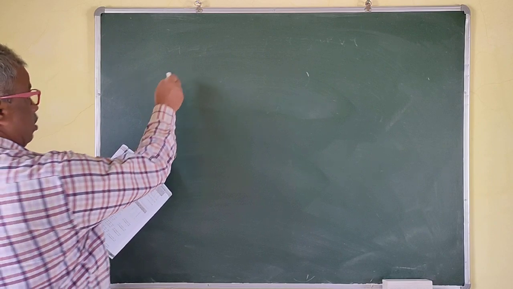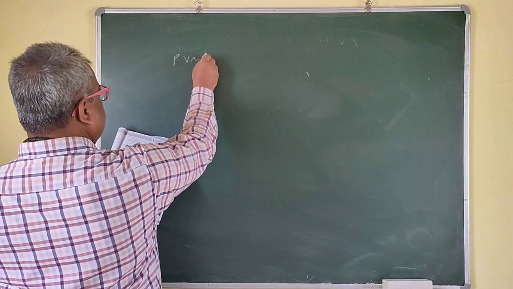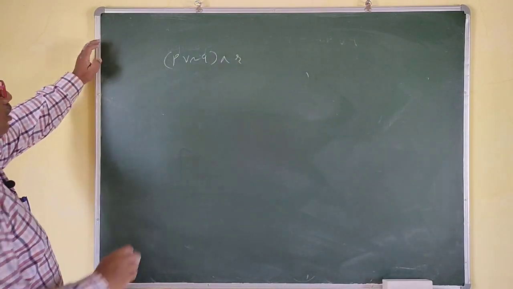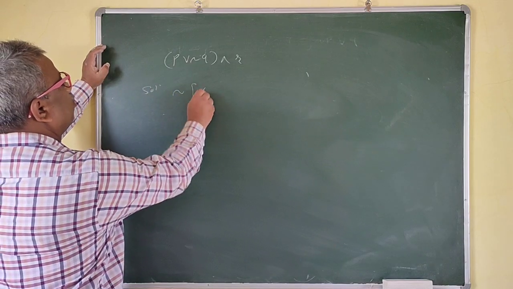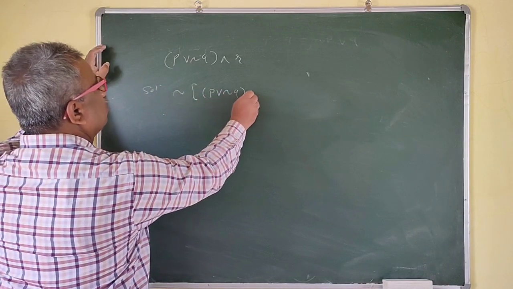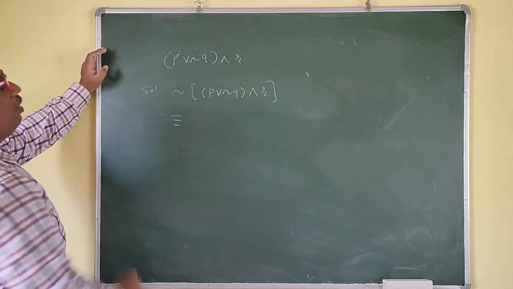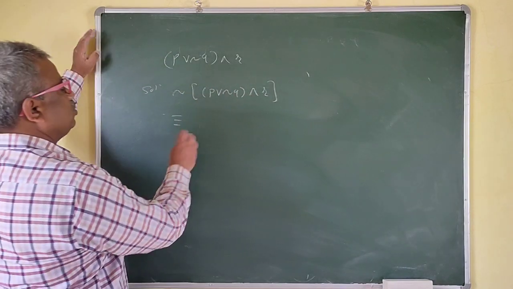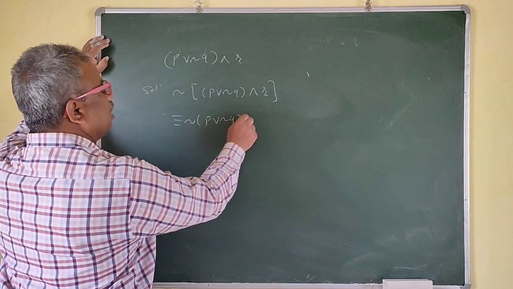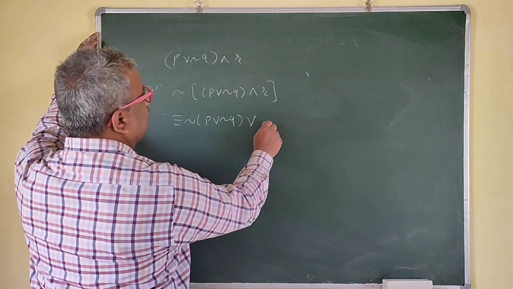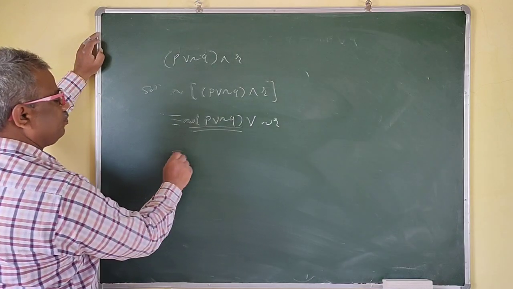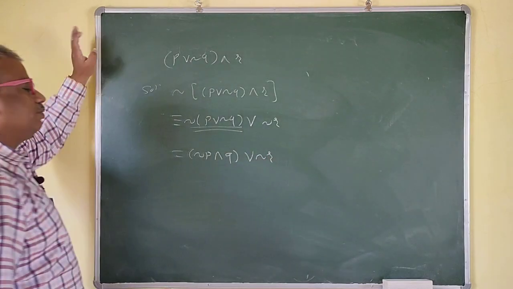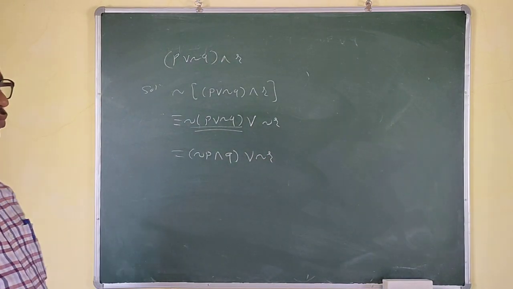Then P or negation Q and R. You have to write the negation of this one. Negation of this one. What? Solution. Negation of P or negation Q and R. This is logically equivalent. So first there is AND, right? We'll replace this AND as OR now, and we'll do the negation of this. Negation of P or negation Q and R, negation R now. Now we'll simplify this. This is what? Negation P and Q or negation R. Okay? So we are through. Okay.